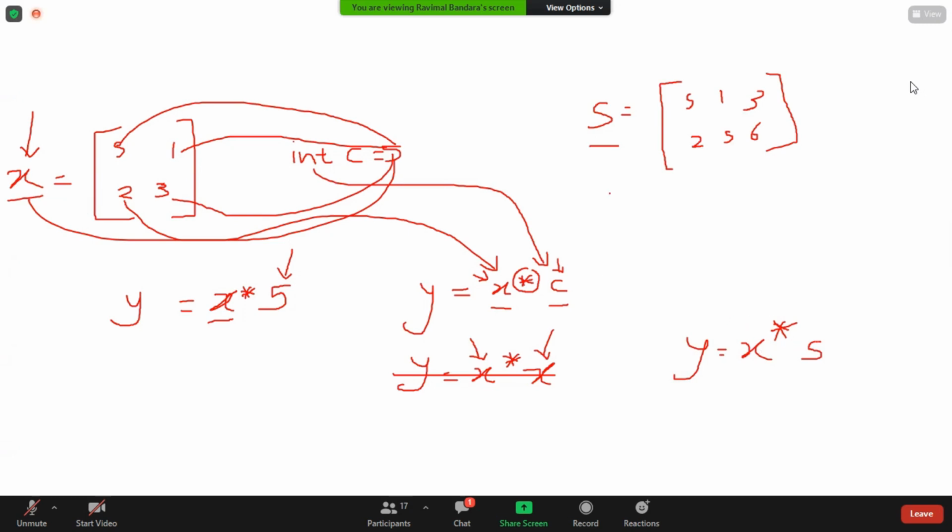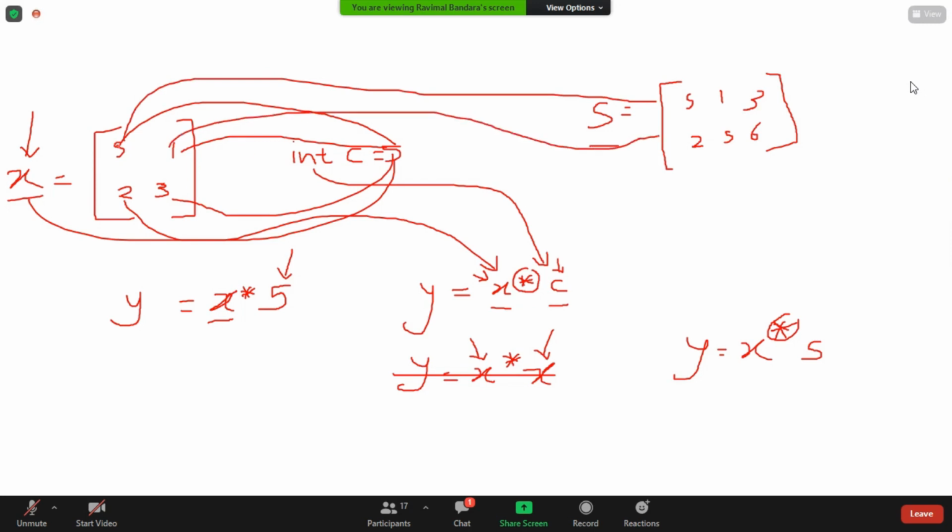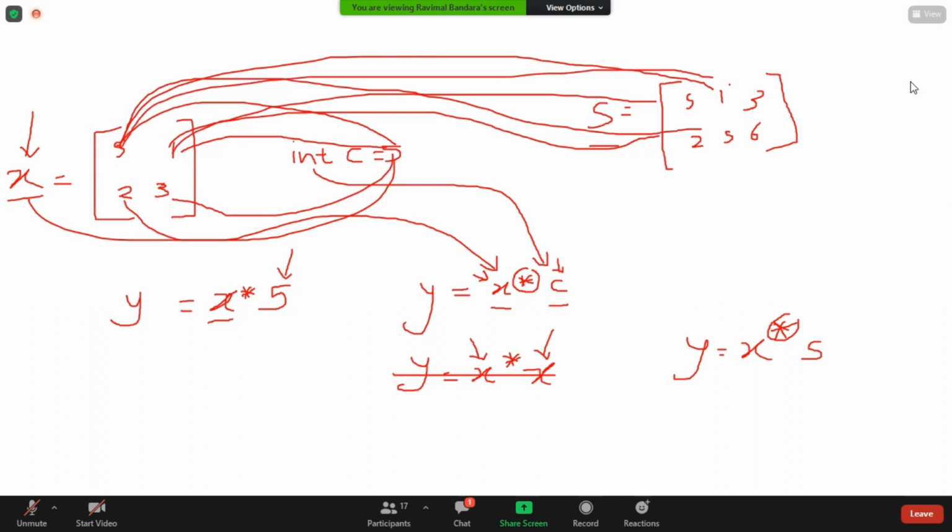You can take two operands from different or maybe the same user-defined types, and still overload this multiplication. Here you can use matrix multiplication; I guess you know what matrix multiplication is. So 5 with 5, 1 with 2, then 5 with 1, 1 with 5, then 5 with 3, 1 with 6, and then 2 with 5, 3 with 2.